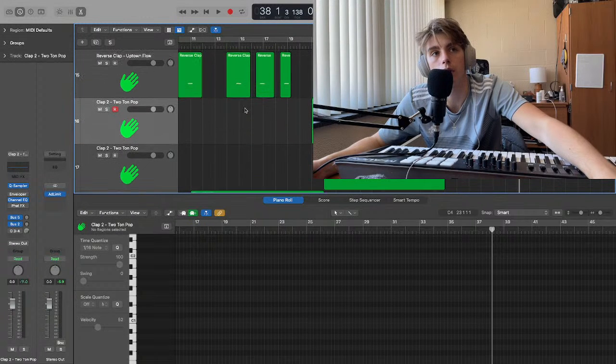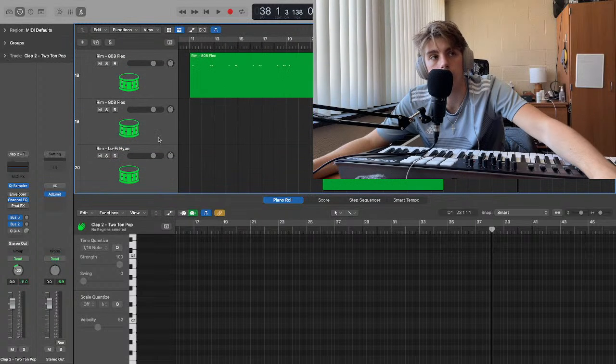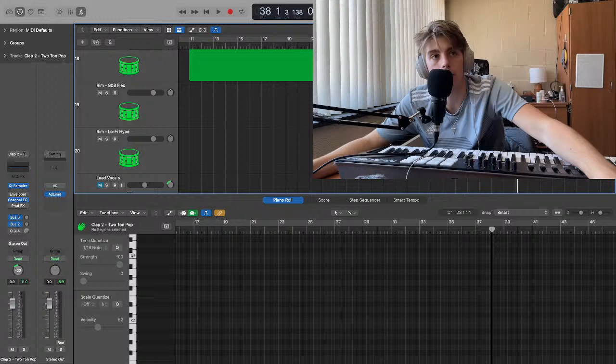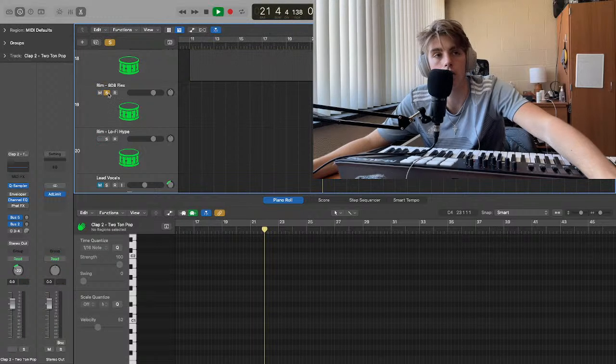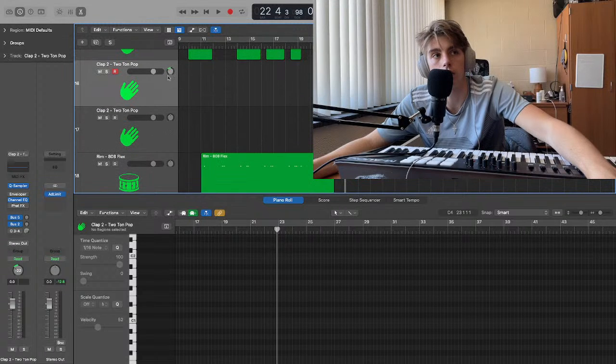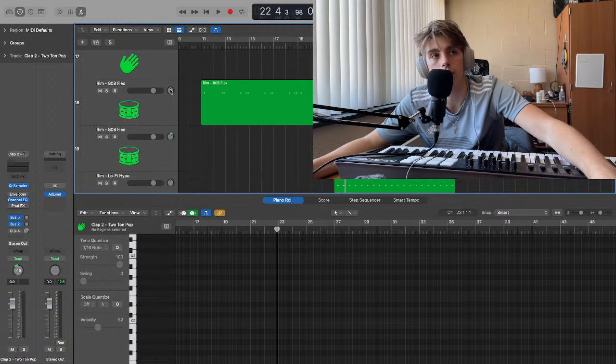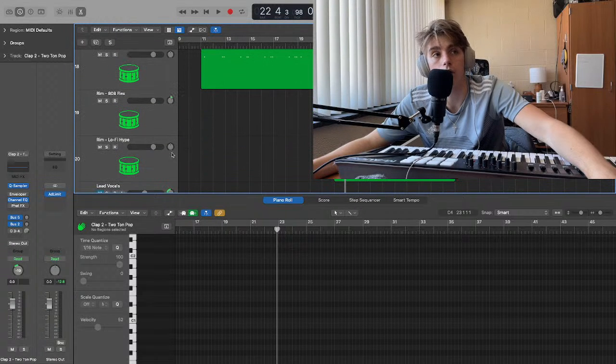So another thing I'm going to do, to try and build this a little, is I'm going to make this low clap a little bit to the left. And then I'm going to make this other low rim a little bit to the... This one's low, right? I think it is, right? Yeah, it's low enough. We're going to make it to the right just slightly, like 15. This one is 22. Just make it a little less. And then we're going to take this high one, go to the right. Since this one's to the left, go to the right. And then this one's to the right, so we're going to go to the left with this last one.